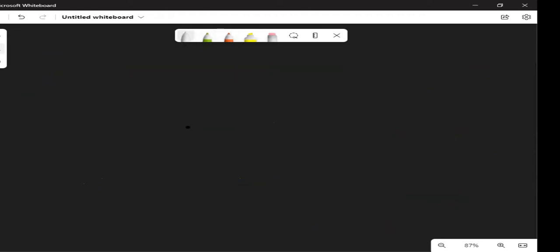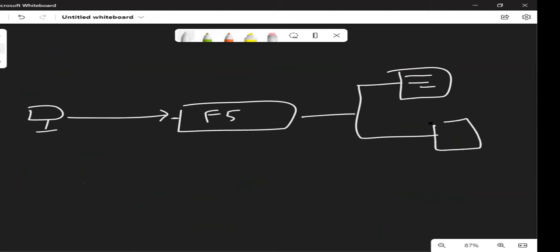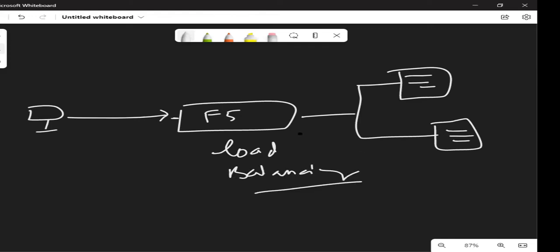Then, this is an F5 device. This is one of the users' applications which is onboarded, and my request is that I want to do only load balancing. I don't want to use any kind of profile, any iRules, or any kind of LTPs. I just want a typical load balancer as an F5.